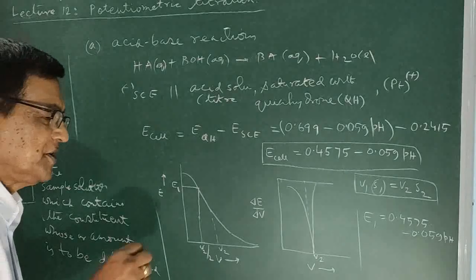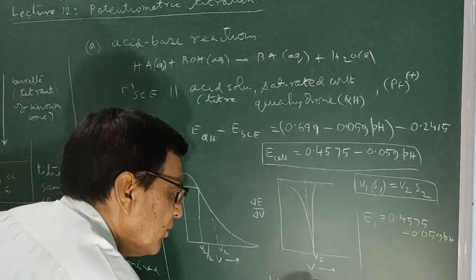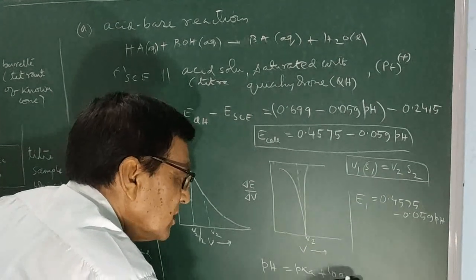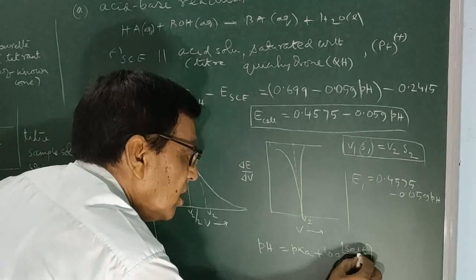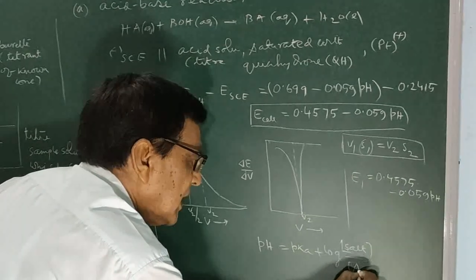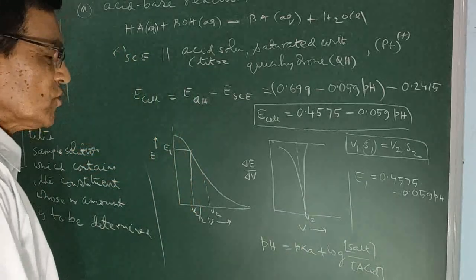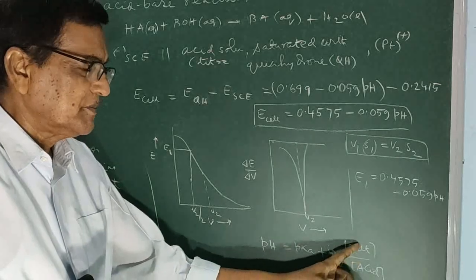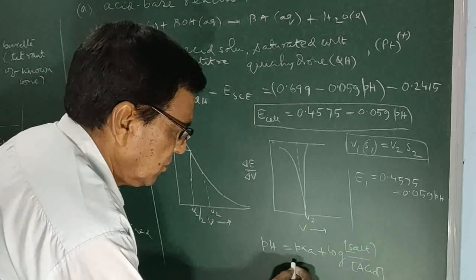And according to the Henderson equation, we know pH equals pKa plus log of salt by acid, the salt of this weak acid and this weak acid. So whenever the weak acid is half neutralized, this ratio becomes 1 and log 1 equals 0, and this will give you